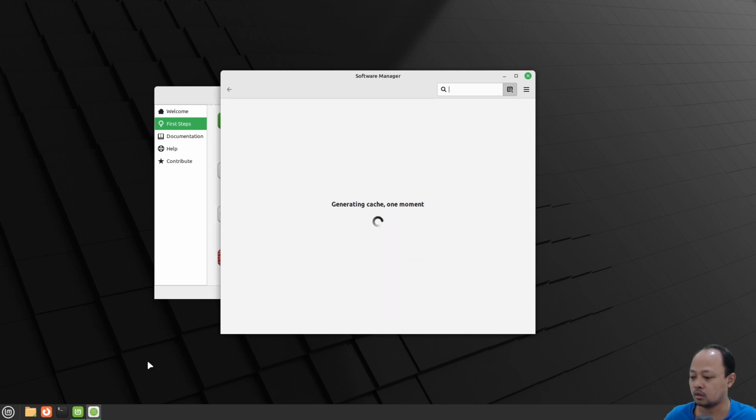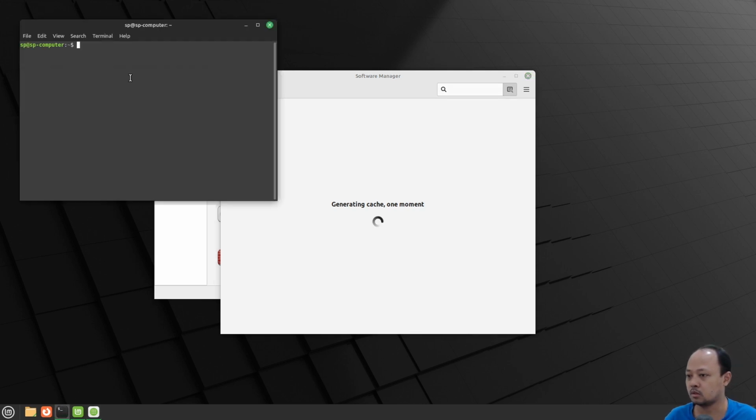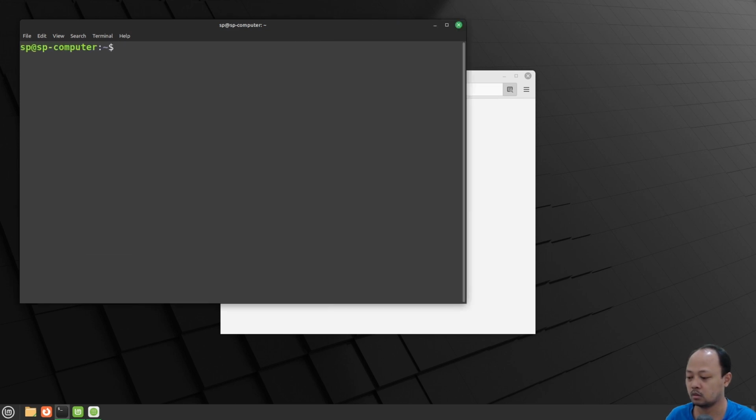Let's check the ready repo for the Flatpak. Let's go to the terminal. And type flatpak remotes. We can see here that Linux Mint uses the Flathub repository.